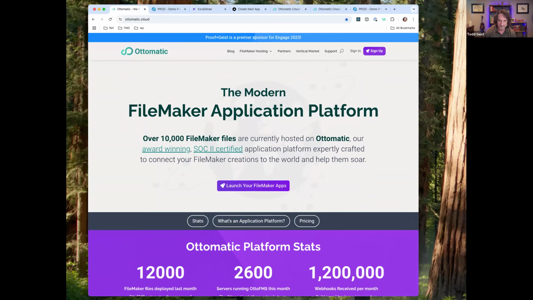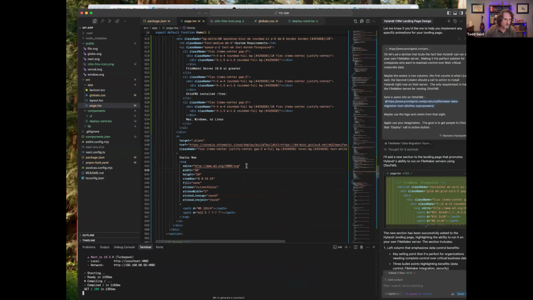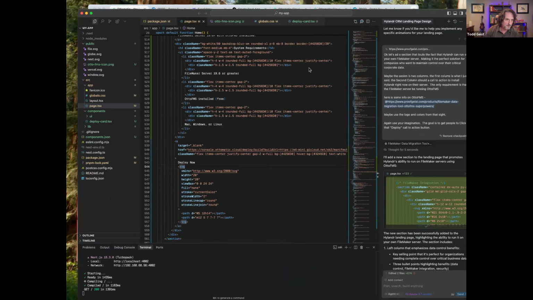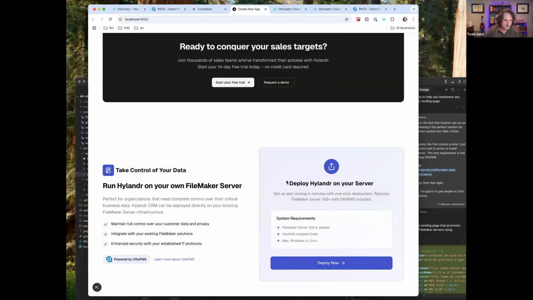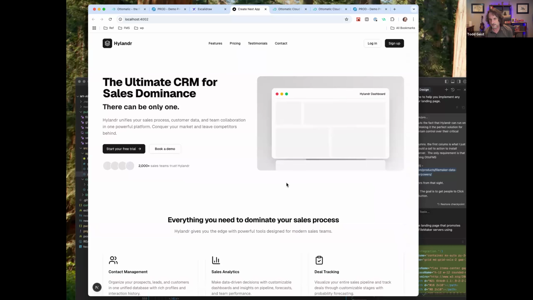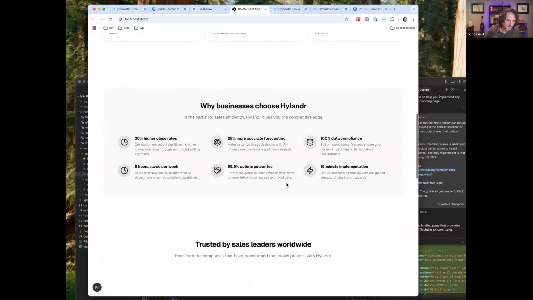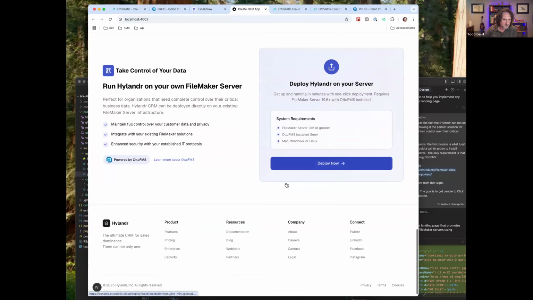The button is, this is the website I built. By the way, this entire landing page was vibe coded in about 3 minutes using Cursor and the standard Next.js, ShadCN stack that we use all the time. So I didn't actually write any of this. It was just, hey, make me a landing page.